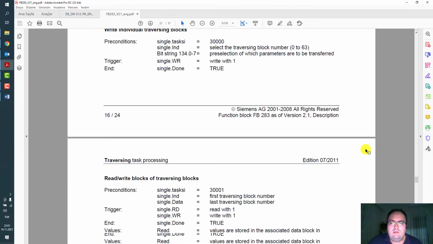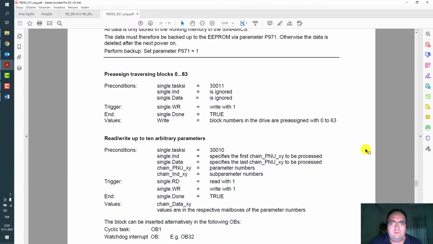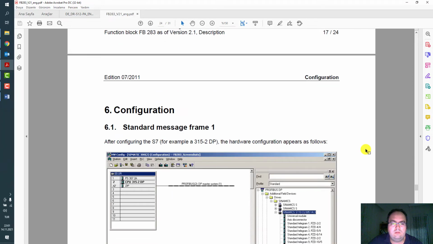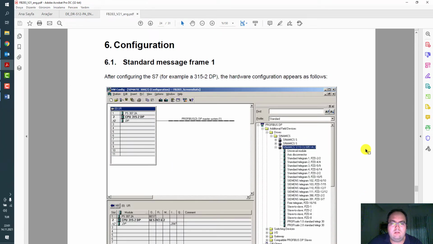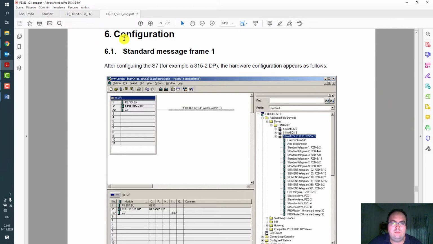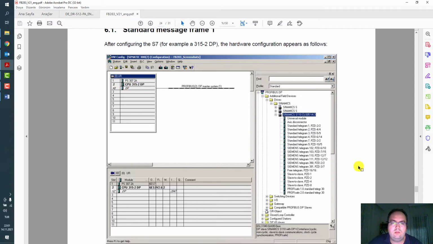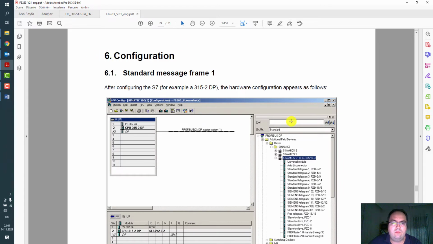In the traversing task table inside the drive, it's possible to create 64 different jobs, and after that from the PLC side you can manage, create and edit these traversing tasks via acyclic functions. That means if you are using a recipe system with different products, on the drive side for traversing plus it's not fixed, you can create and modify from the PLC side according to recipe settings.